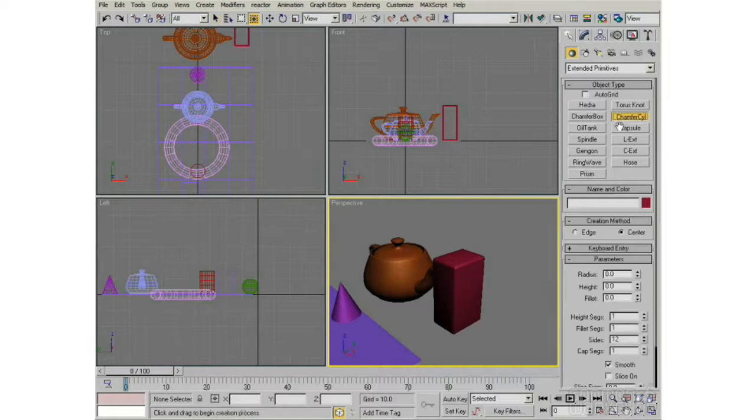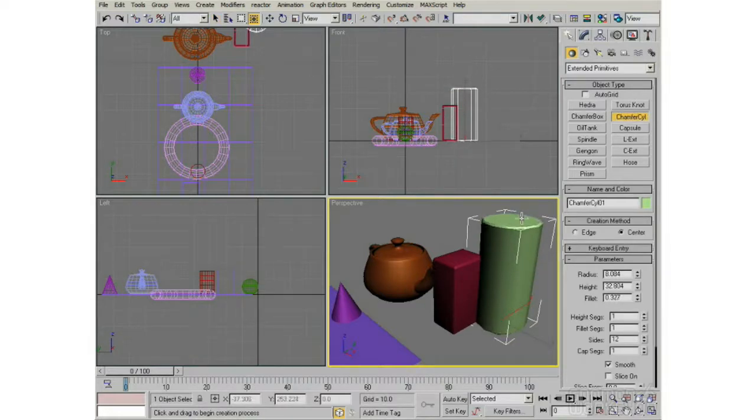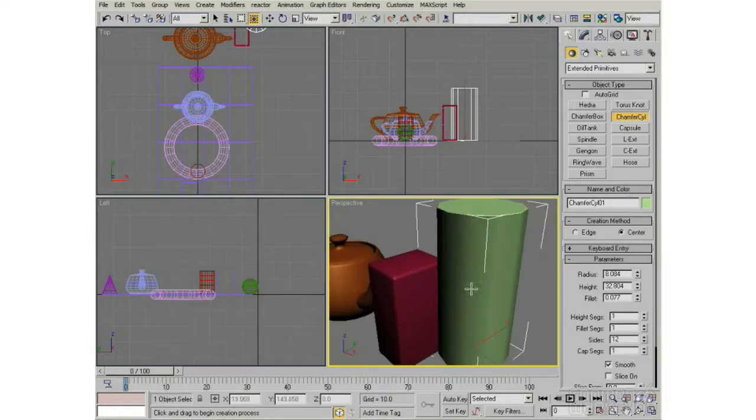And so you have a chamfer cylinder. You can create that, move that up, and then on the last click, you set the number, or the radius, of the fillet. And it's very small there. So if I accidentally created it too small, I can just use one of these spinners. These are called spinners. They're just up and down arrows, but the reason they're called spinners in 3D Studio Max,